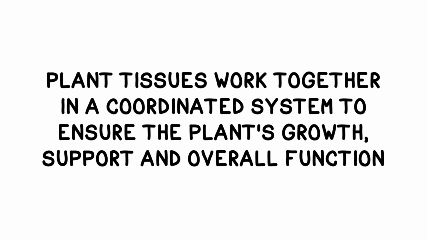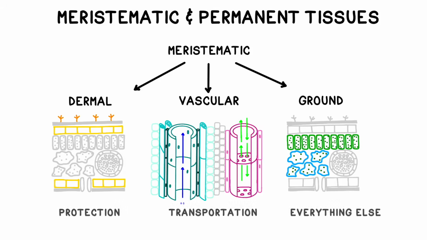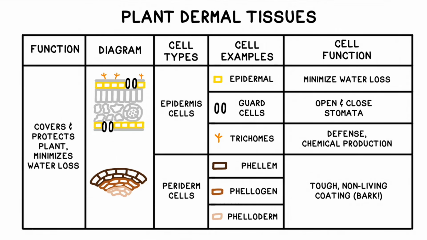In conclusion, plant tissues work together in a coordinated system to ensure the plant's growth, support, and overall function. Meristematic tissue produces new cells that differentiate into permanent tissue, including dermal tissue for protection, vascular tissue for transporting water and nutrients, and ground tissue for storage, support, and photosynthesis. Together, these tissue systems enable plants to